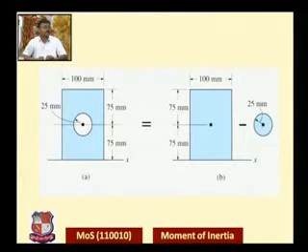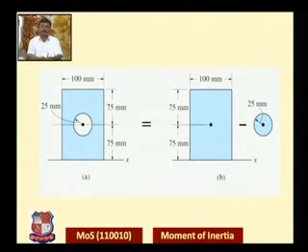section. Now you observe this figure carefully. For the circular section, you know the value of MI along the x-axis or the centroidal axis, which is equal to pi d raised to 4 by 64. But here we have to find out the MI of the circular section about the x-axis. So we have to transfer the value from the axis passing through the center of the circle to the x-axis as shown in the figure. So again we can apply the parallel axis theorem.